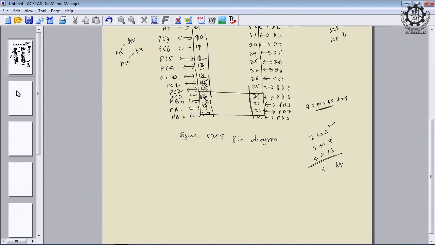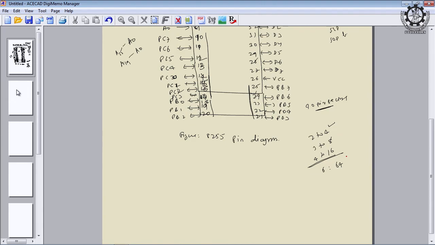So this is a very brute force approach. If you connect an address line directly to chip select line of 8255, that is the simplest way, but usually it is not advisable. Always you should generate the signal using a decoder. So as far as the interfacing is concerned, there is an extensive use of the decoders. Is it okay? Decoders, multiplexers, buffers, etc.